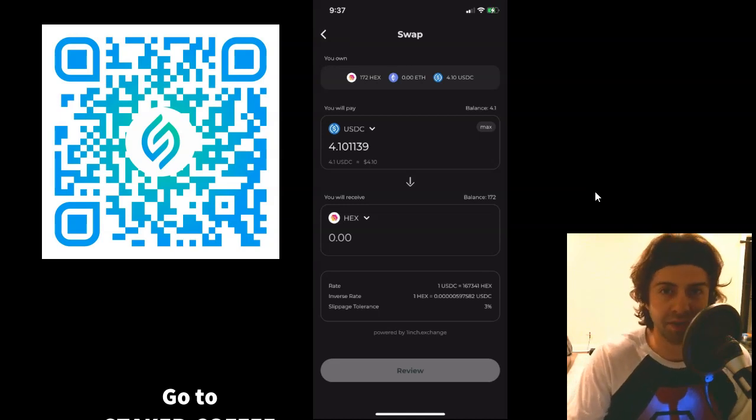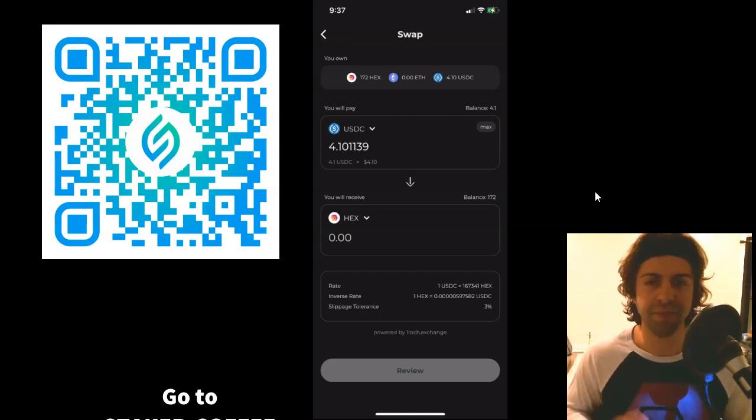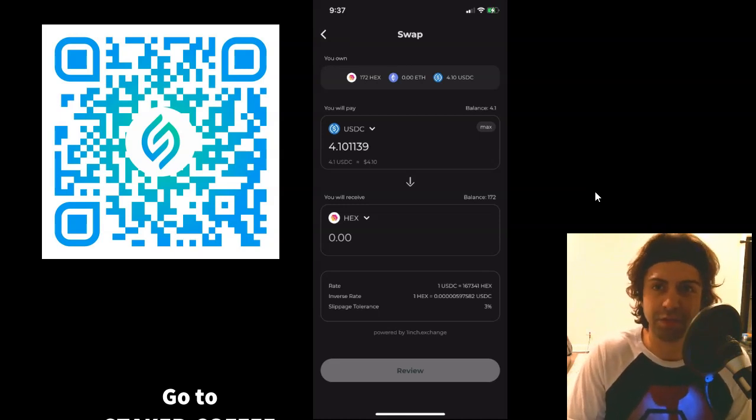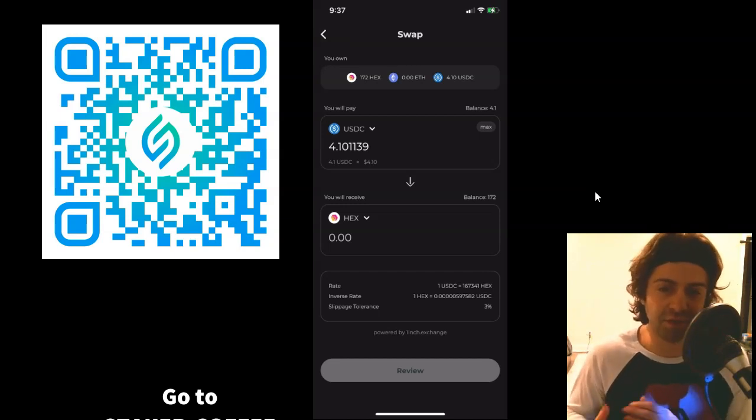Let's say I have a whole bunch of Hex but no ETH. I can unstake my Hex using a little fraction of Hex, right? So I can pay my fees with Hex, I can pay my fees with ETH, with US dollar coin, whatever I want to, right? But we're not going to do that because I've already done a test run before this, and I already converted 100 USDC into Hex, which I then staked using the feature I'm about to show you now,